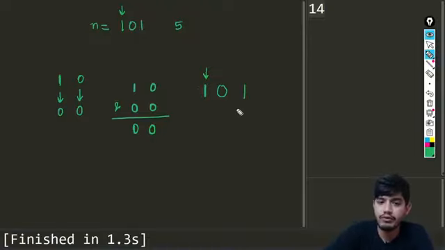What I'm going to do is bring the 1 and left shift it by 2 times. 1 time here, 2 times here, and this is basically the third bit: first bit, second bit, third bit. So shifting it 2 times, we will bring this 1 here. Now I'm going to take the complement of this, and if I take the complement, it is going to be something like 0.